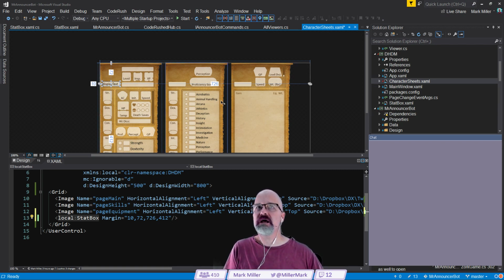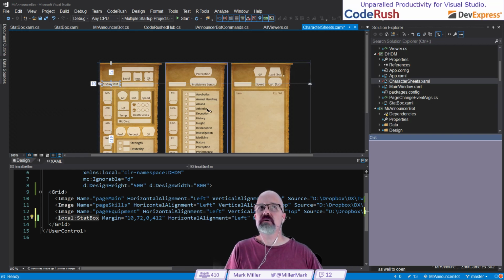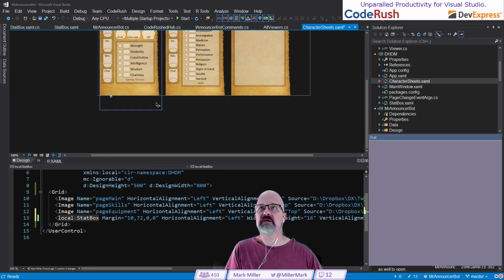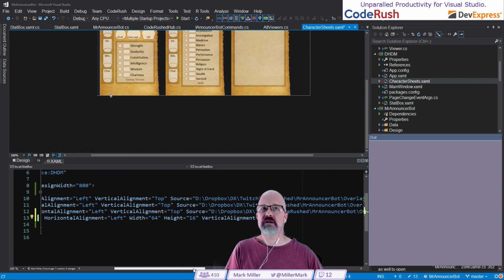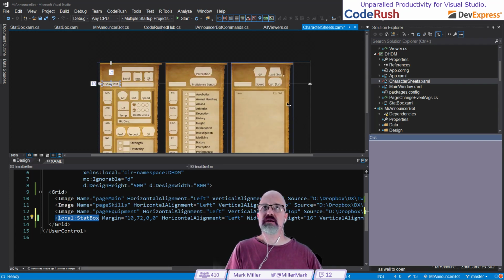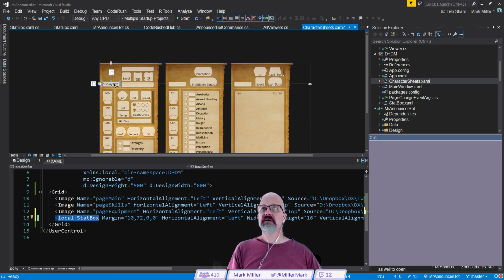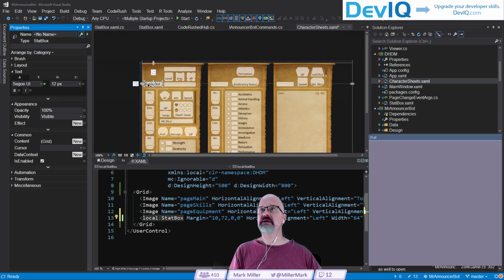Although I do want to disconnect from here, and I want to disconnect from here. So horizontal alignment and vertical alignment are top, because I want to be able to allow resizing without moving these things around. So there's my display text piece right there. I should have a property now. If I bring up properties on this, I should have a property under miscellaneous